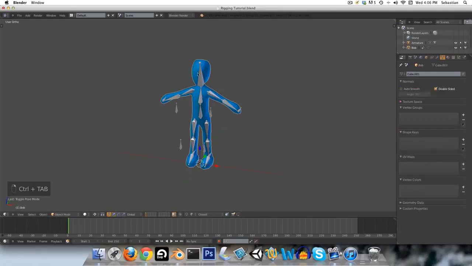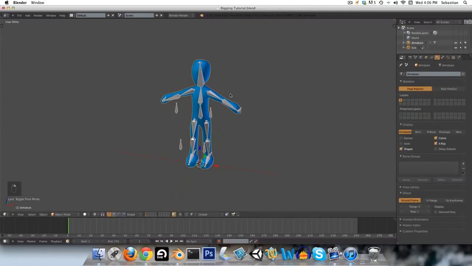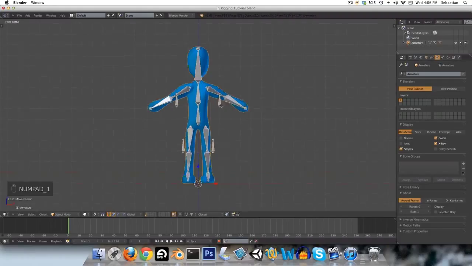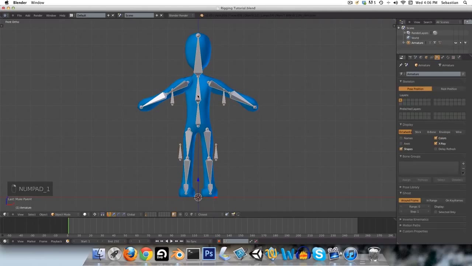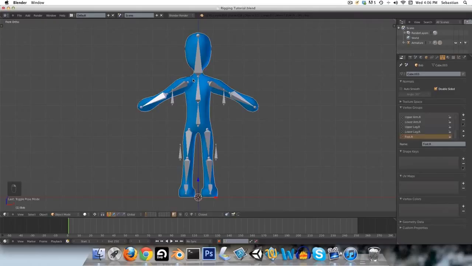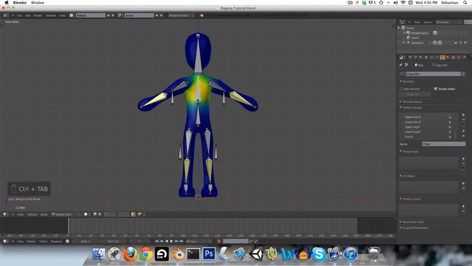So if we just select the mesh and then select the armature and say Control P, we'll set its parent to the armature with automatic weights. So what this has done is if we just select a bone, any one, and then select the mesh and Control Tab to go into weight painting mode, you can see here in the object data, it's given a whole bunch of